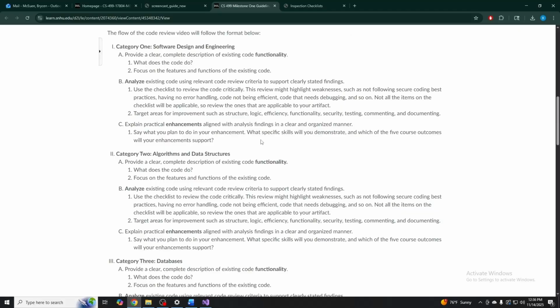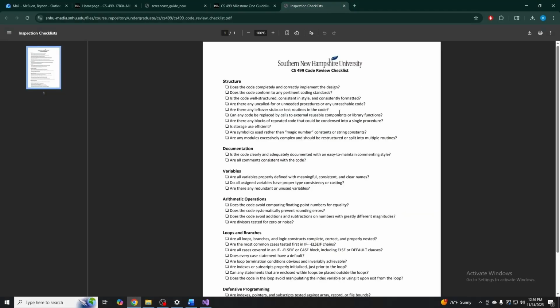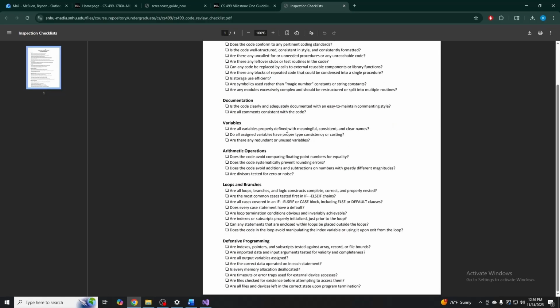I didn't really go over the actual code review checklist too much. Like I said, most of this is going to be documentation. There's not much I can really do as far as structure goes. Everything's structured, I think, like it needs to be. The rest of these, there's no loops or branches, and most of this programming stuff doesn't matter down here. Mainly documentation, making sure everything's commented and annotated correctly, making sure everything's structured like it should be, and just making it easier for someone who's never looked at it before to understand everything and understand why everything's where it is. Yeah, I think that's it for this one, and for the next one we'll go on